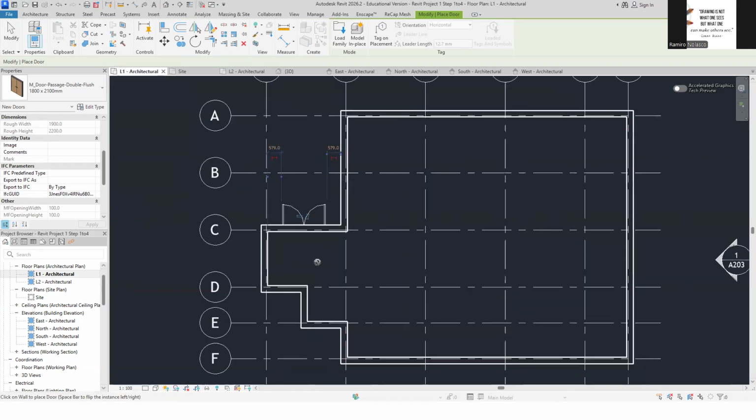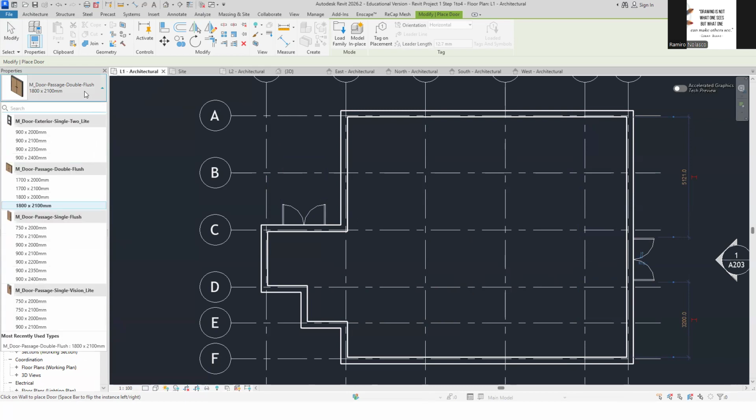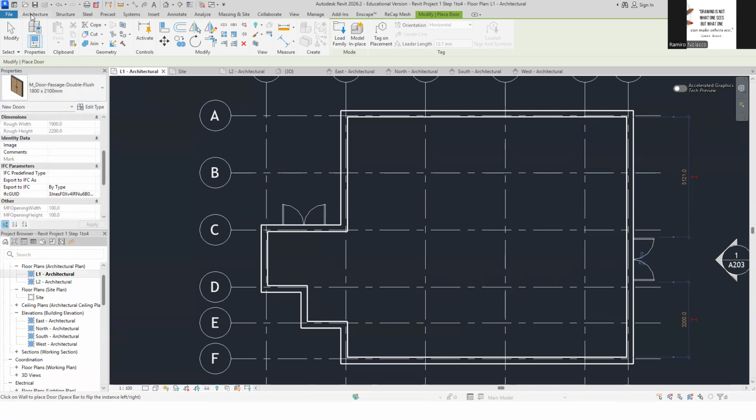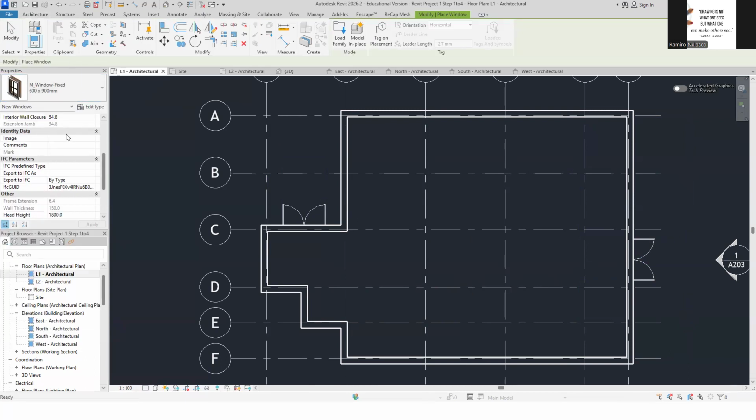There you go. So up, and then here, outside, inside, outside. Okay? There you go. And then you can add other doors. We can also add windows. So you can change the value, select one, edit the type, and then change the value.